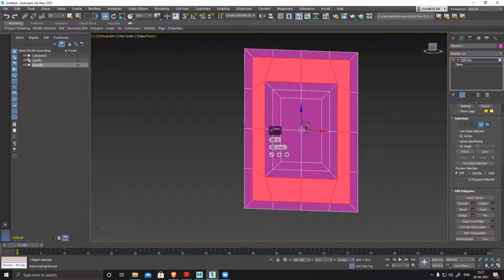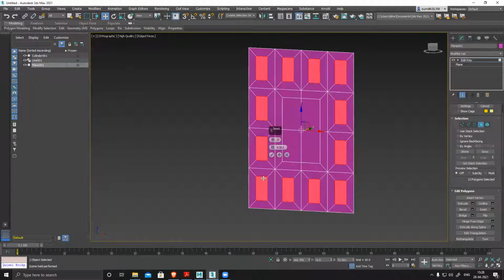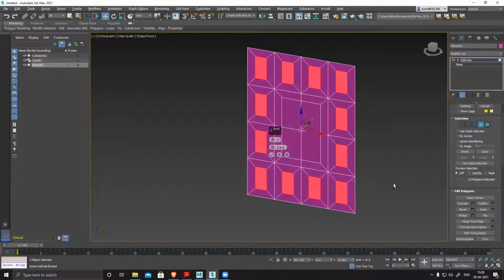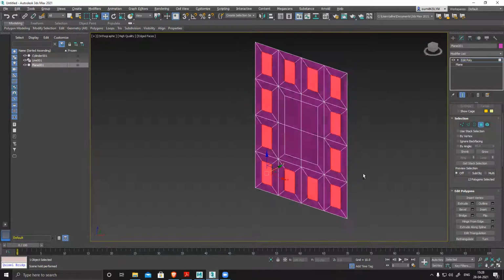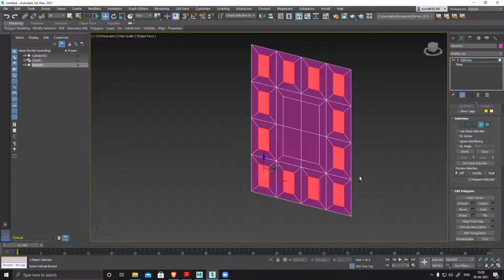I'm holding control and selecting. So it's reading this entire thing as one group. If I move to polygon, now you'll have individual polys with this inset. Right? Is it clear now? Yes, sir. Okay. Now Gopinath asked the difference between cap and bridge.